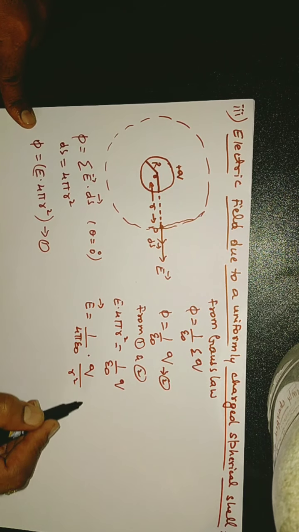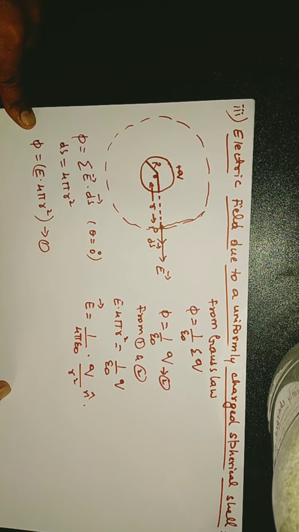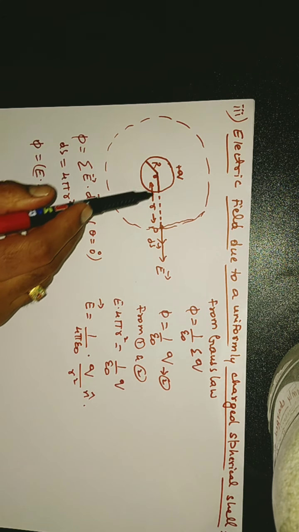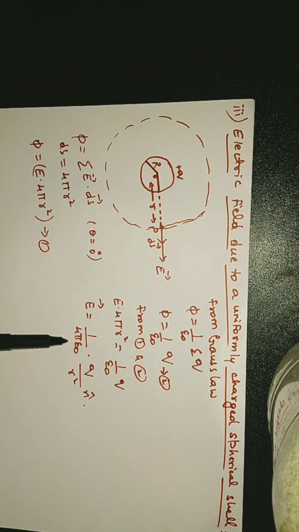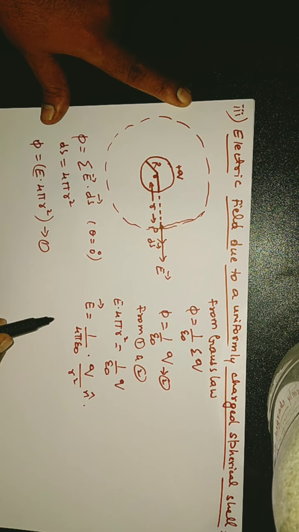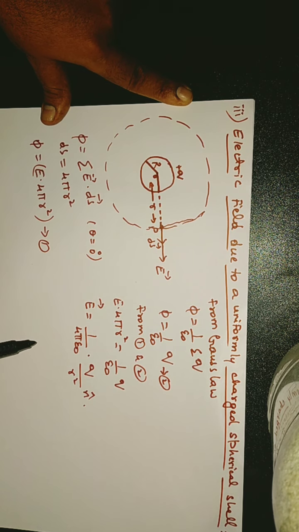Of course, to write it vectorially, you can include a unit vector which will be along the direction of the electric field at the referral point. So, the electric field at point P due to this charged spherical shell is given by 1 by 4 pi epsilon naught into q by r square into n cap. Remember that this is also the expression that we had got for the electric field at a point due to a point charge. That means a charged spherical shell behaves similar to a point charge, that we have to understand.